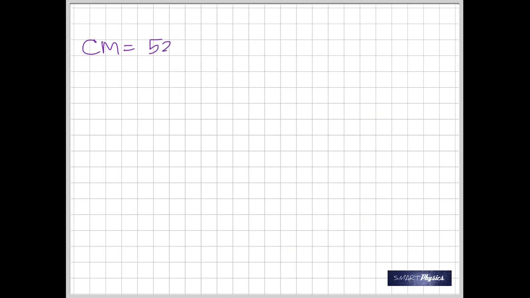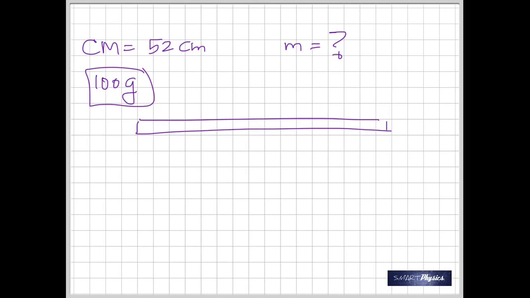I mean, it's going to be way more on the other side, obviously, but I don't know. Okay, this is the question. You'll have to set it up. That's the center of mass. That is the mass of the meter stick. You put the 100 gram on the other side. And the pivot,